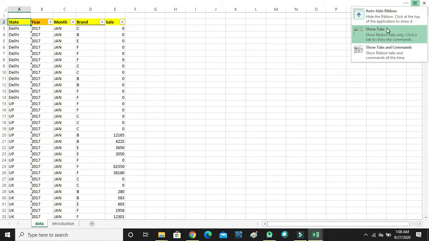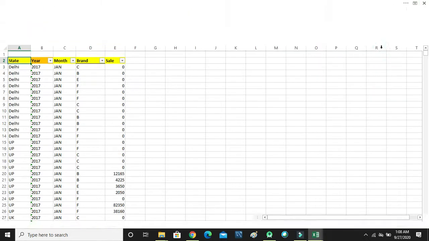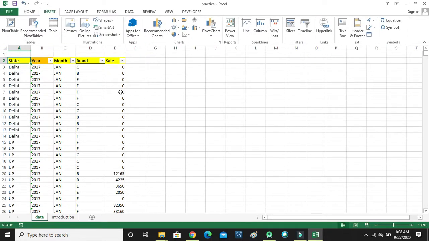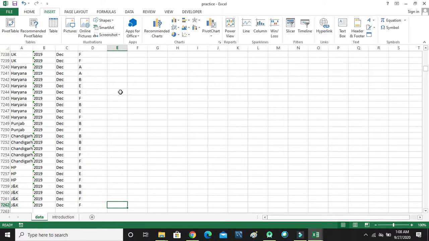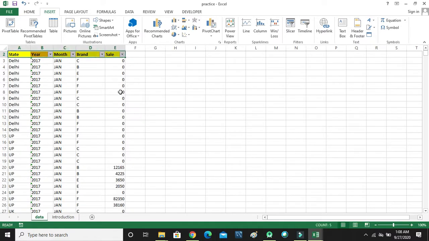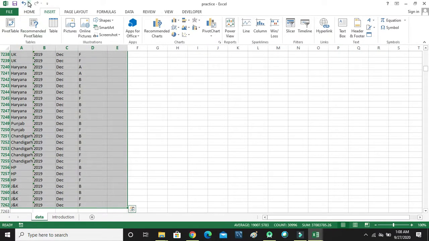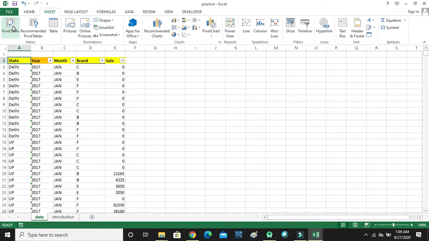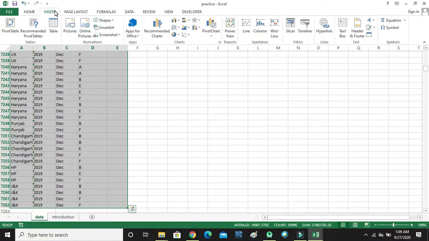So I want to tell you how to make this pivot table. We can use a shortcut also, but I'll take you through the option. We go to the insert button, first we select the data, go to insert and click the pivot table.